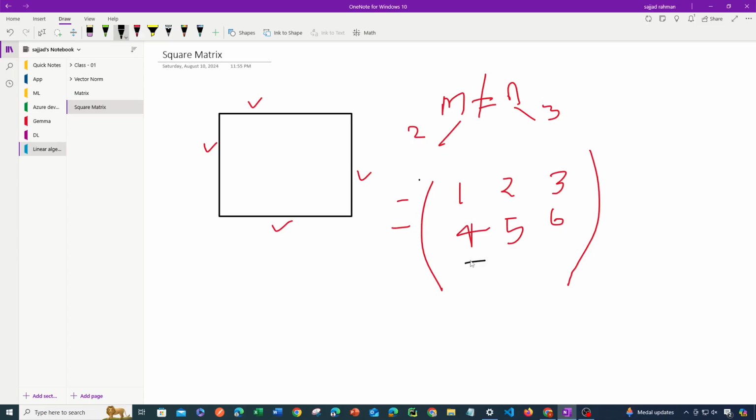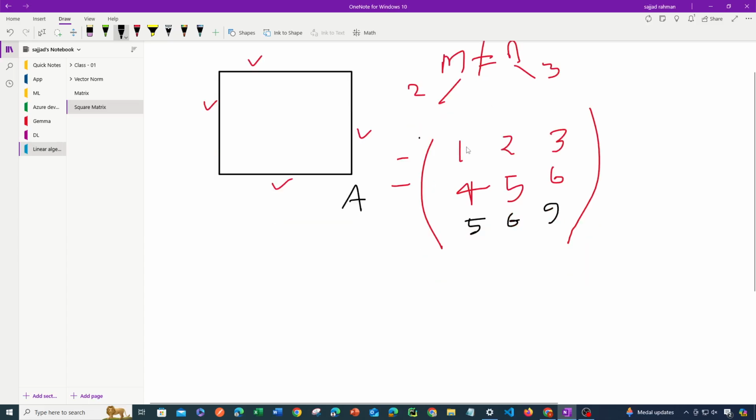But yeah, if someone asks whether a matrix is square or not, well, this is a square matrix because both columns and rows are the same. So how do we write the order of this matrix? This is 3 into 3. Okay,